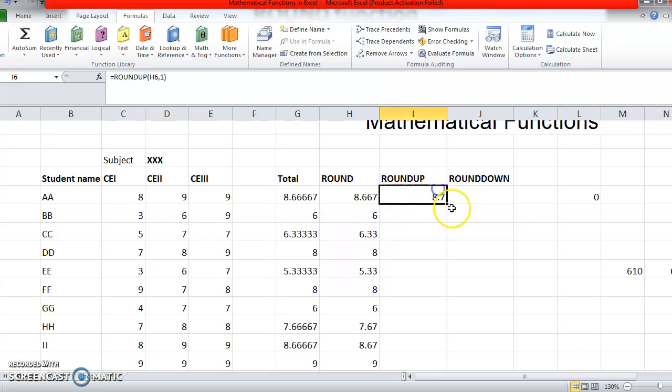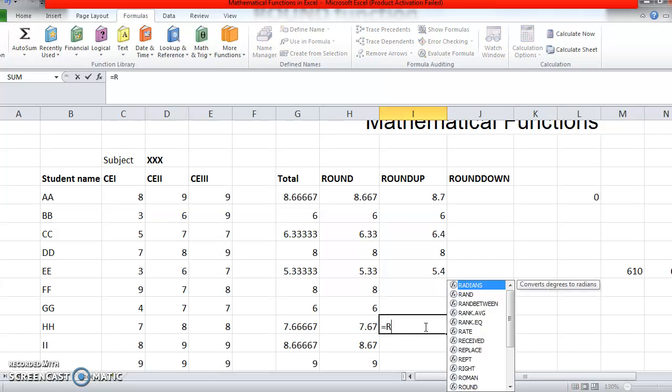Now the same thing I want to do for this. It remains 6 only. Same thing I want to repeat for these 3 cells. See this, 6.33 rounded up to 6.4. 5.33 rounded up to 5.4. So the same formula if I'm going to use it here, see,